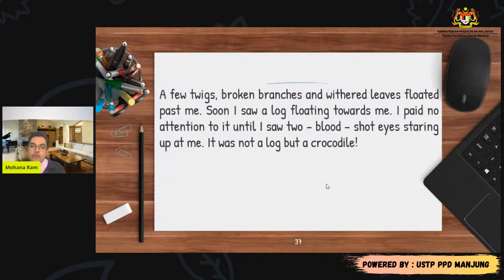You take all the points from here, put it on a piece of paper. Without looking at this paragraph, you write your own paragraph. You see whether you can use all these ideas on your own or not. Okay, there will be temptation for you to look at the paragraph again and again. Don't look at that. You read the paragraph as much as you can. You write down all the notes.